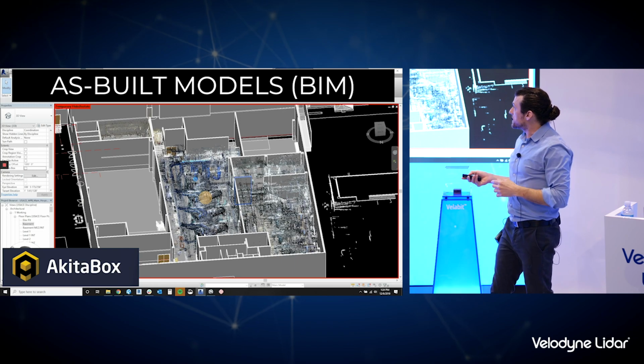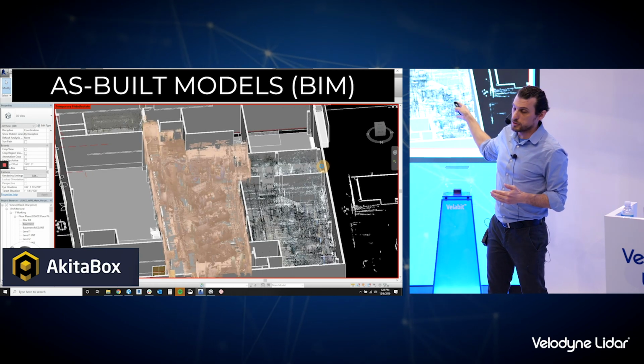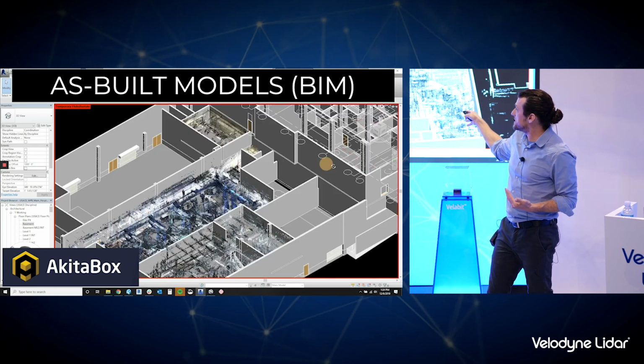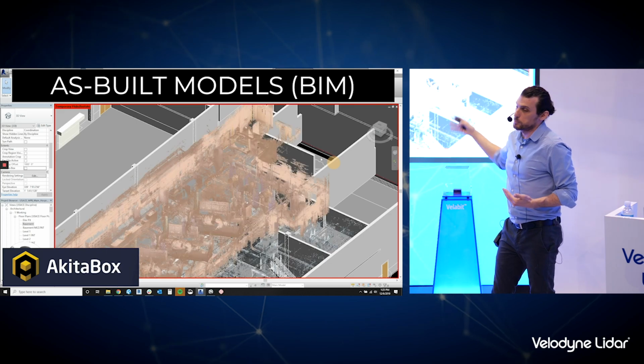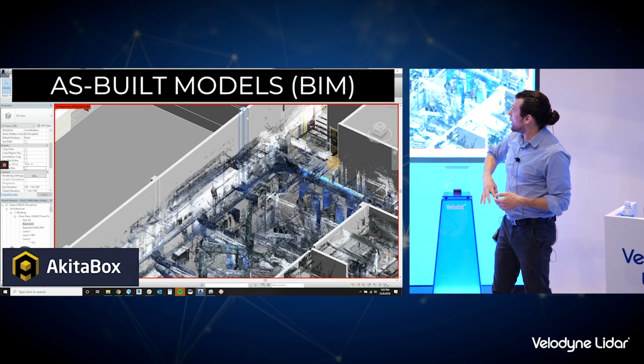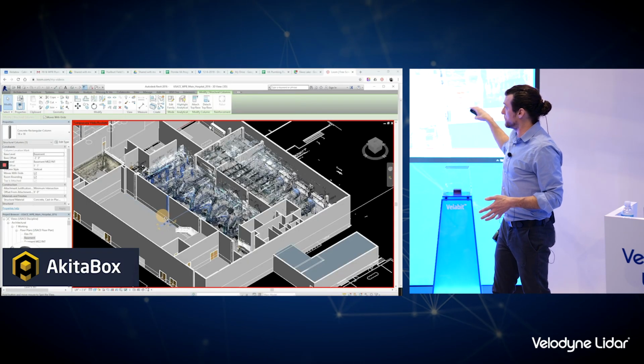And so in this case, they created a 3D floor plan from the PX80 scan, and then they wanted to track in high detail the MEP room, the mechanical, electrical, plumbing infrastructure of the building. So they captured a full scan of the building, they model it into a simplified 3D floor plan,